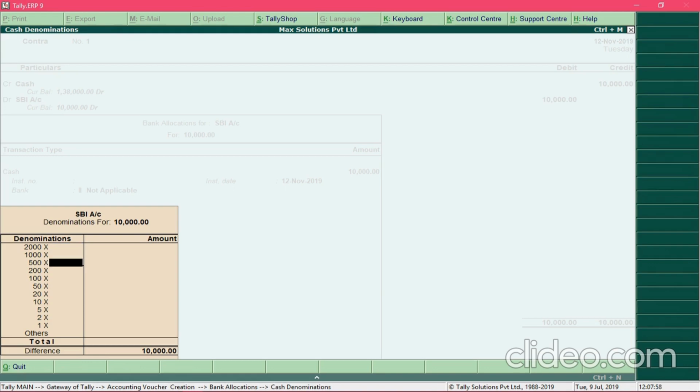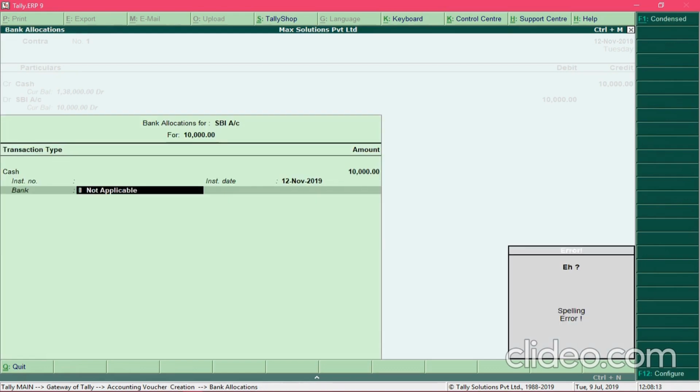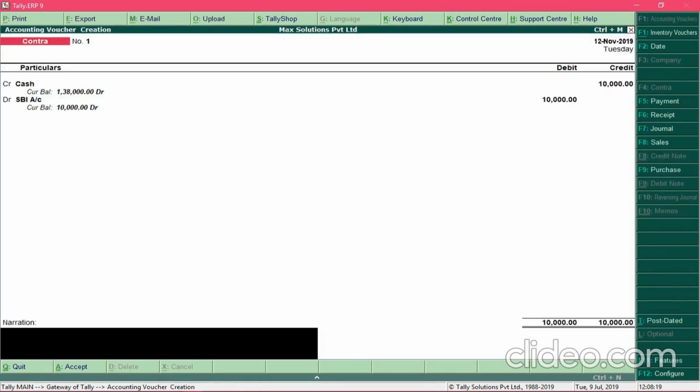Suppose I have deposited 10 notes of rupees 500 and 50 notes of rupees 100. I can enter that information over here and save those details by pressing Ctrl A, and further save the bank allocation screen by pressing Ctrl A and save the entry as well.